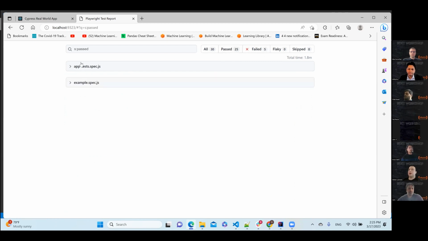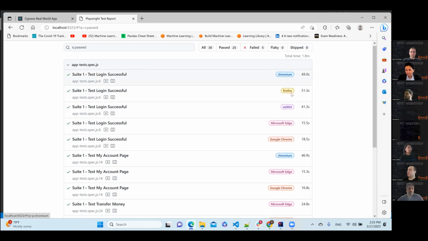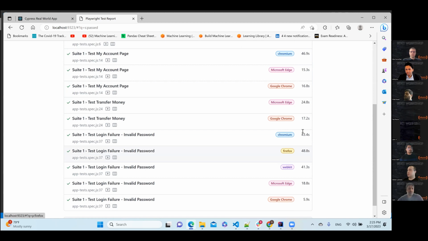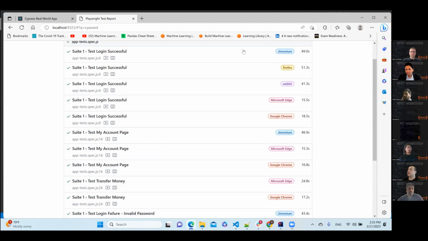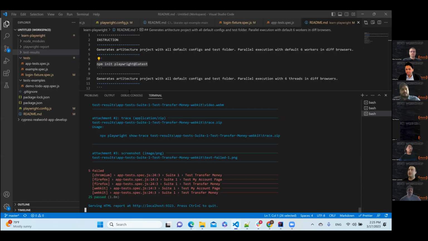Okay. After you open test suite, you can see all different browsers, time of execution. And if you have some issues with test cases, you can see this icon for video, this icon for traces. If you have these icons, it's a very good sign because you configured everything correctly in your config file.